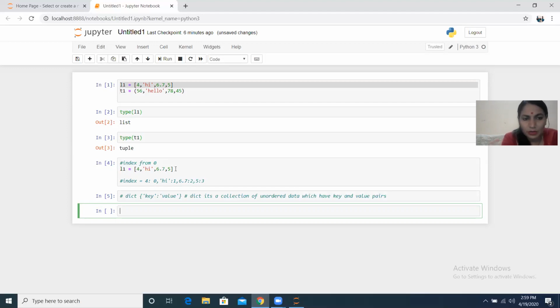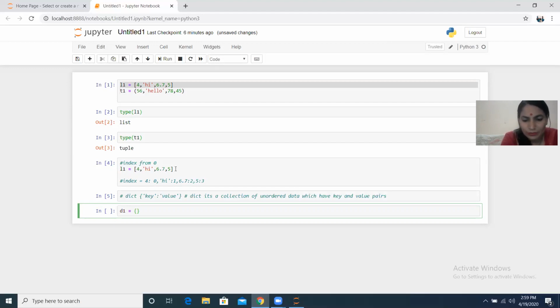Let's say L1 is your list and you want to create a dictionary D1 for this list. How will you create that? Use curly braces. 4 is the value and you have index 0 for 4. So you want to give it a name, any name.